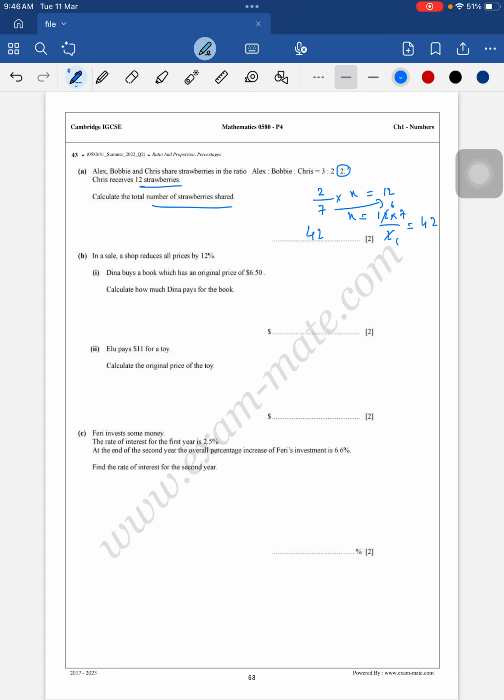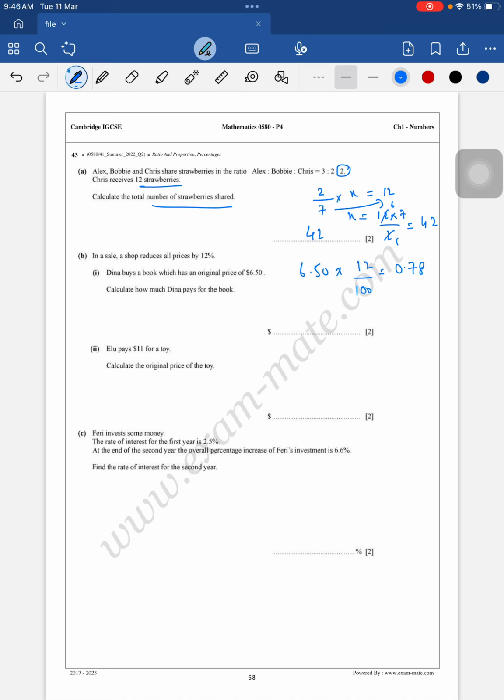Calculate how much Dina pays for the book. Original price is 6.50, multiplied by 12%, which means 12 upon 100. So 6.50 multiplied by 12 upon 100, that is 0.12. We are getting 0.78. So the discount which he is getting is